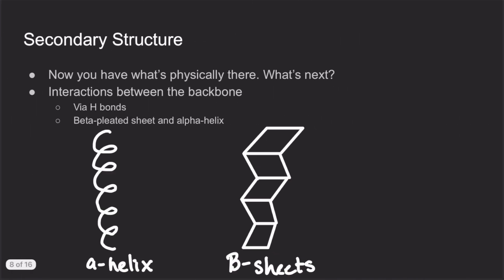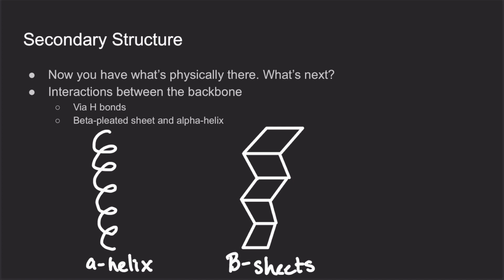So our secondary structure is going to be interactions between the backbone. Okay? And this is because the backbone doesn't change. It's always going to be that NCC, NCC, NCC, NCC, NCC. Now, whether or not it goes into an alpha helix or a beta sheet, those are the two secondary structures,